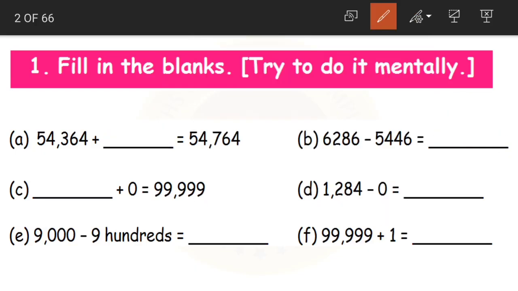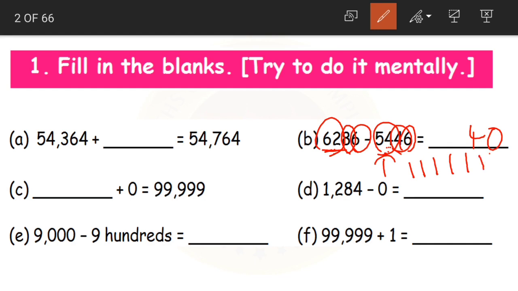Clear students? How did we do? First here 6 minus 6 becomes 0 and then 8 minus 4 becomes 4. Now here as we cannot subtract 4 from 2, we took these two digits completely as a whole. So 62 minus 54. Start counting from 54, 55, 56, 57, 58, 59, 60, 61 and 62. These are 8 numbers here. So we'll write 8 here. Okay students, this is how we subtract mentally.